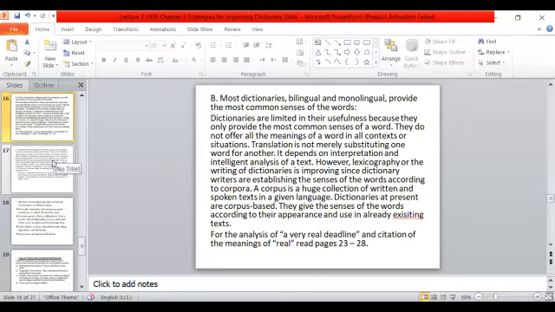Translation is not merely substituting one word for another. It depends on interpretation and intelligent analysis of a text. However, lexicography, or the writing of dictionaries, is improving, since dictionary writers are establishing the senses of the words according to